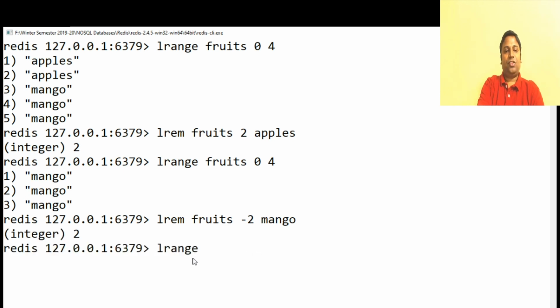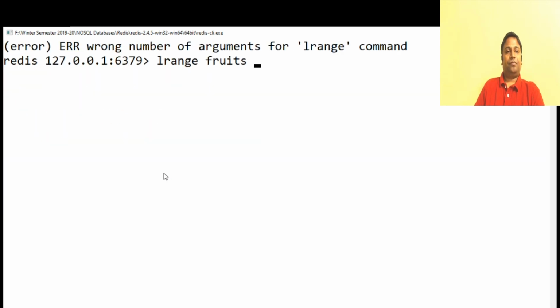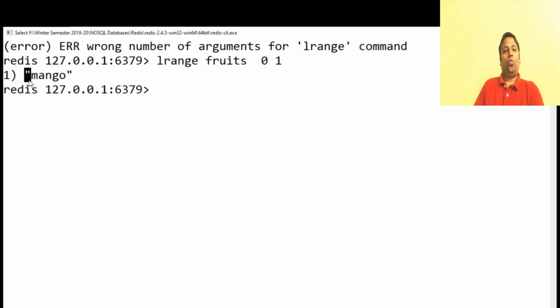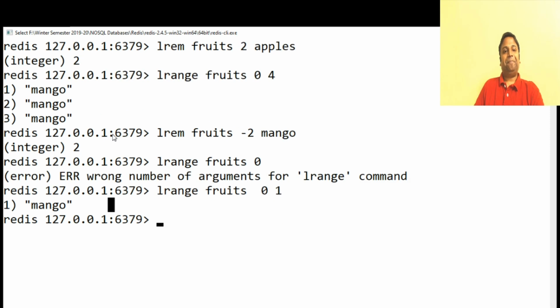LRANGE fruits. So you just have one mango in your list. Is that fine?